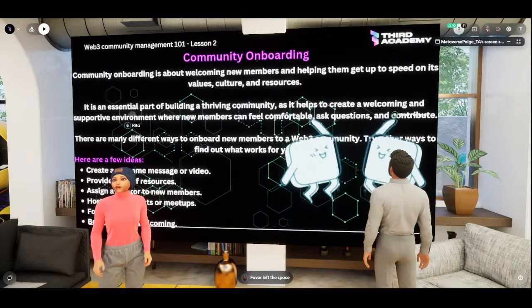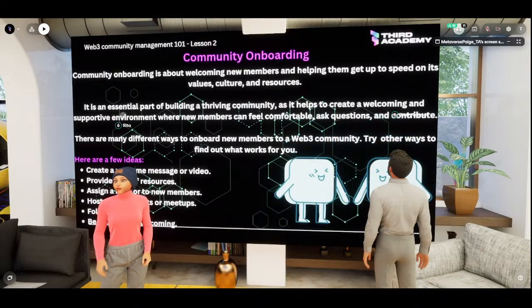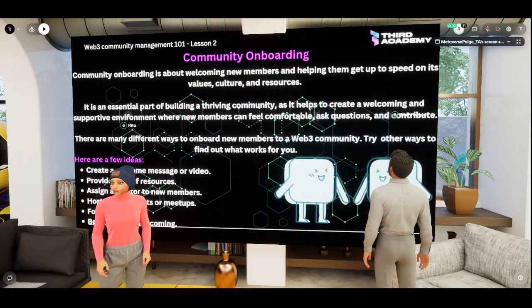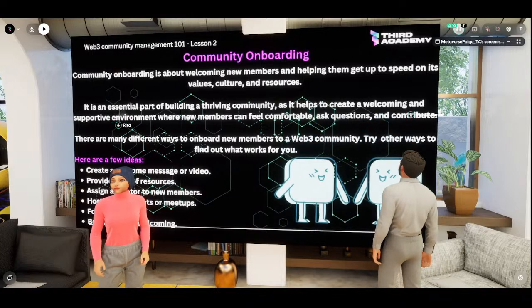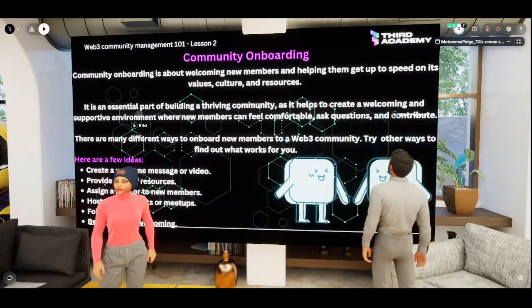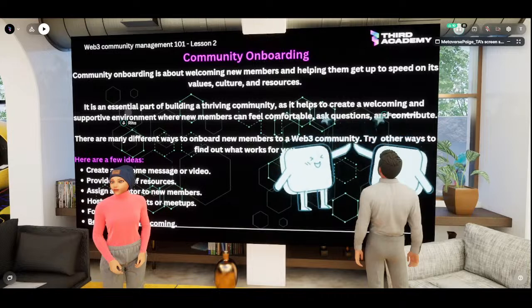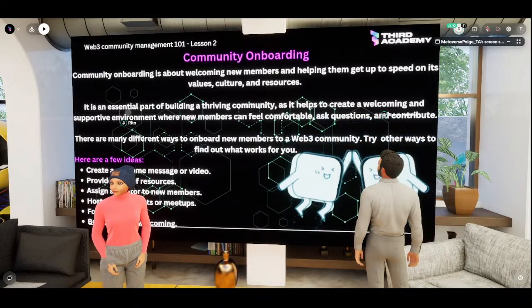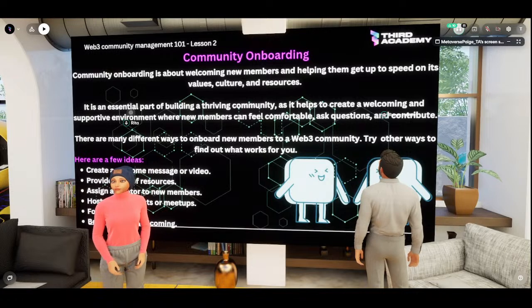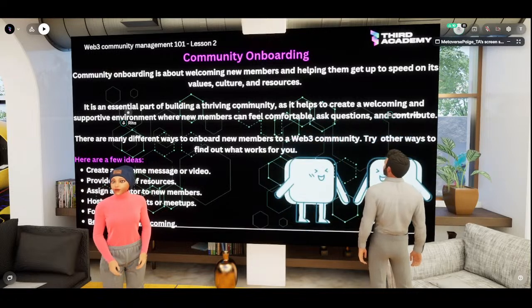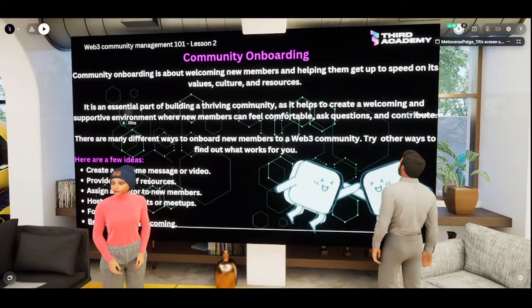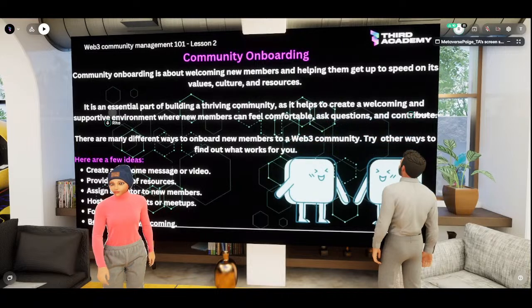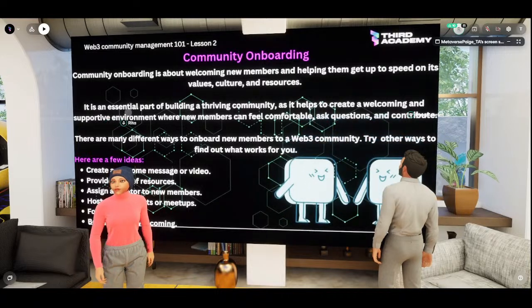Now, for the next one, this is usually for small to medium communities, where you can assign more experienced members to help the new members get up to speed. If your community is still up and coming, this would greatly improve your onboarding as well as your retention rate. And then you want to host regular events or meetups. That's another way that members can participate and learn more about what you do and how you intend to solve the problem that you want to solve.